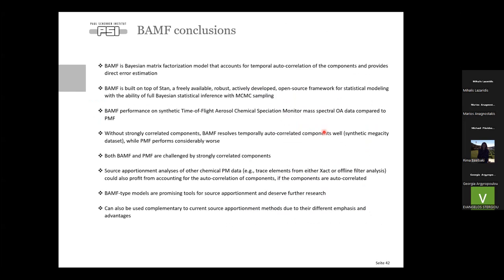But generally speaking, the overall message is that this kind of tool, Bayesian matrix factorization, could be something that we can use in the future, and hopefully we will. They have certain advantages over more conventional methods like PMF, but of course they do not come without disadvantages as well. So generally speaking, this seems to be a nice complementary method to what we already have, and under certain cases, this also could perform quite well.